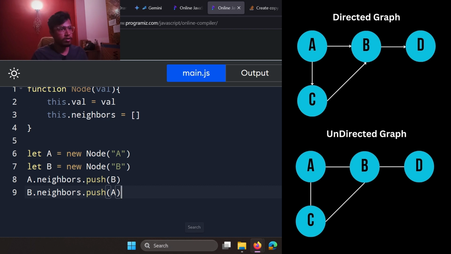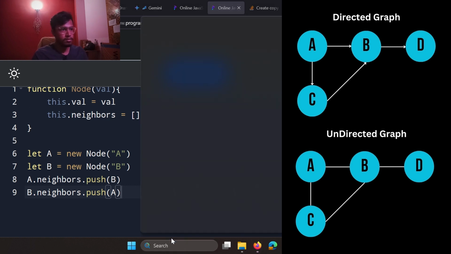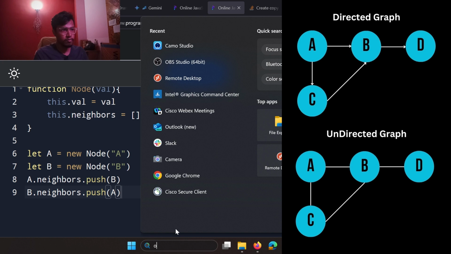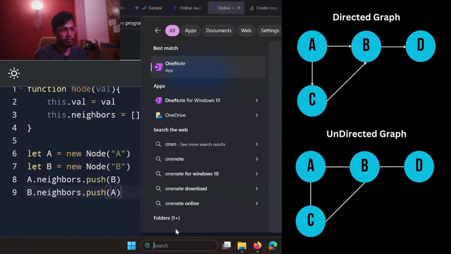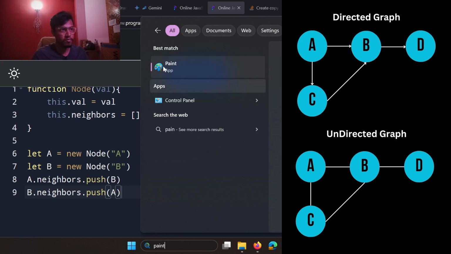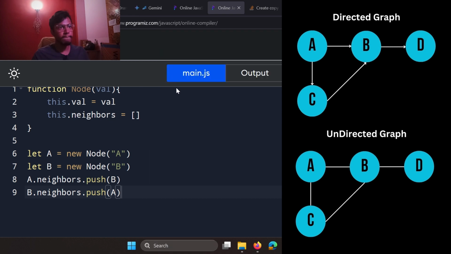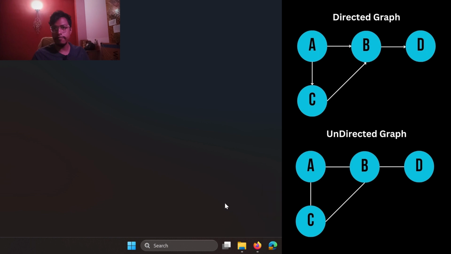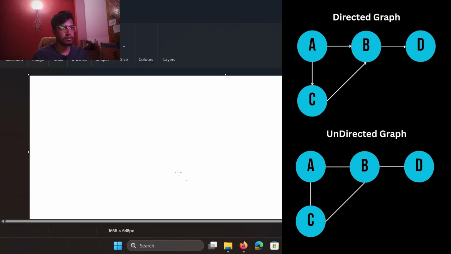यार मैंने कोई drawing वाली नहीं खोल रखी. Let me open one note guys, or let me open paint. No, there's nothing better than paint, right? Sorry guys, ये recording की वजह से थोड़ा slow चलता है but हाँ,